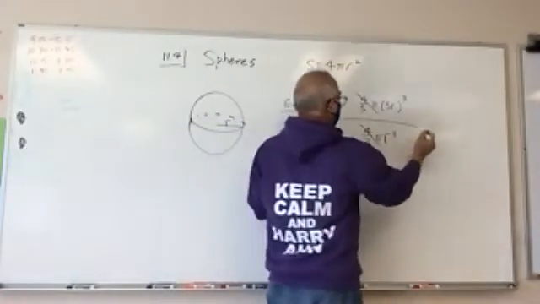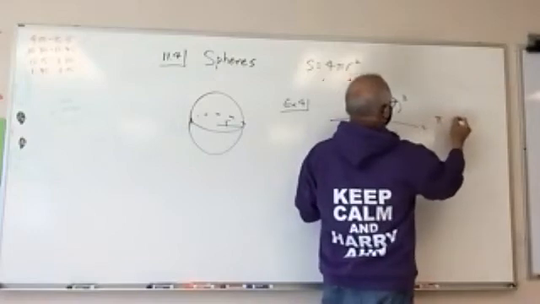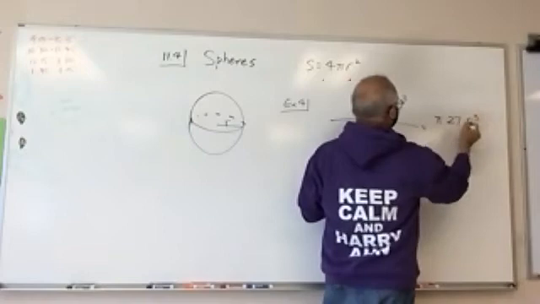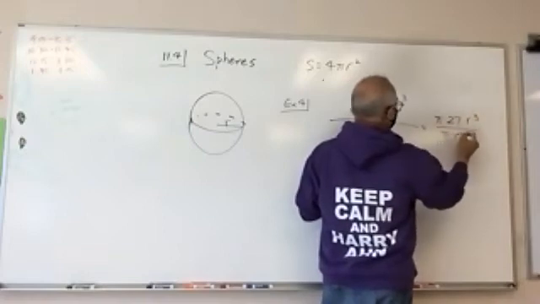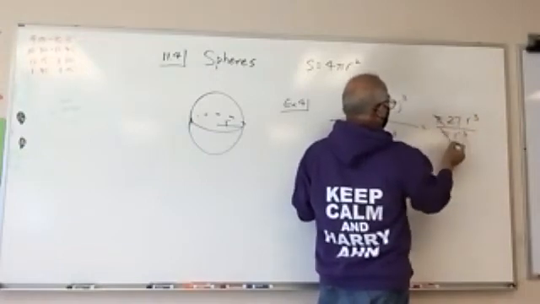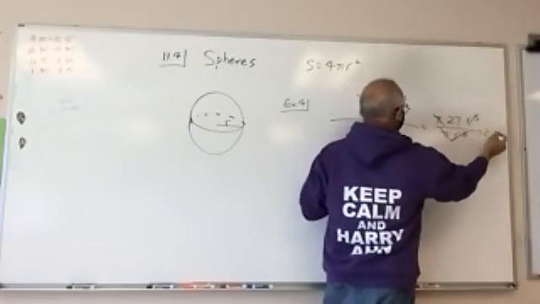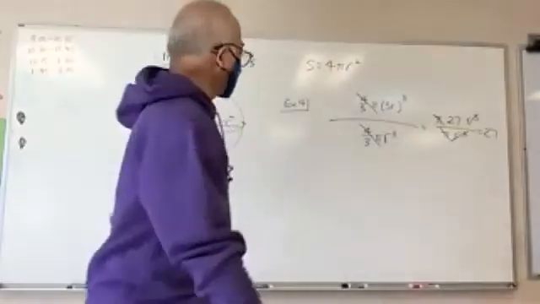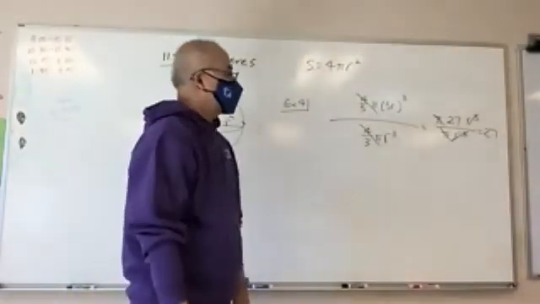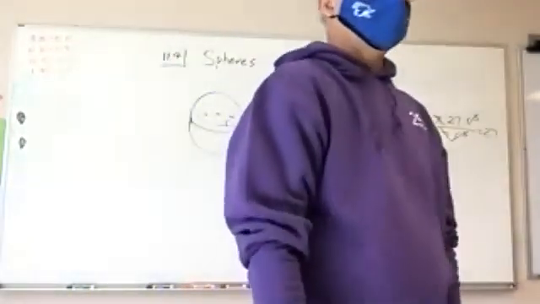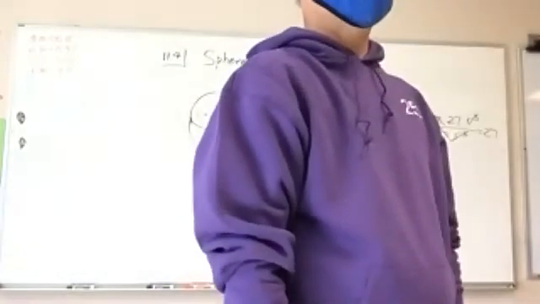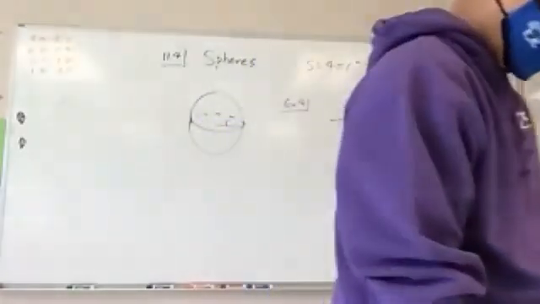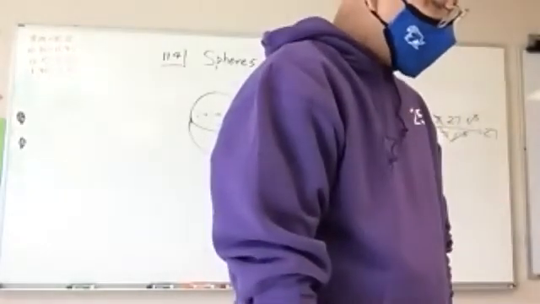Pi goes away. Pi 3 cubed. Pi r cubed. Pi's cancel out. These cancel out. So when you triple the radius, the volume gets multiplied by 27. Okay, that makes sense? Okay, so